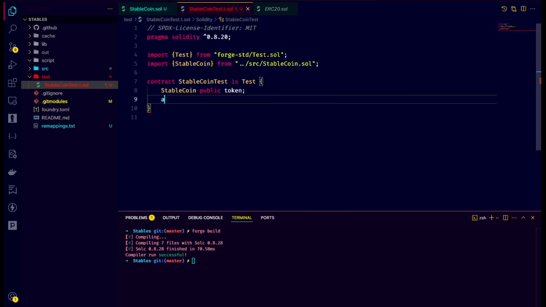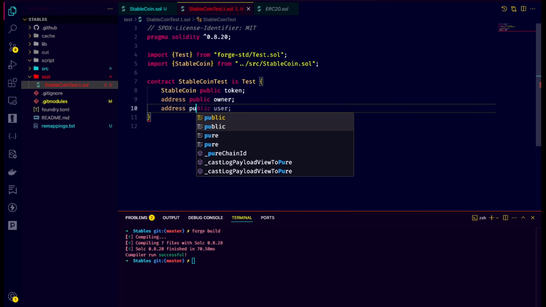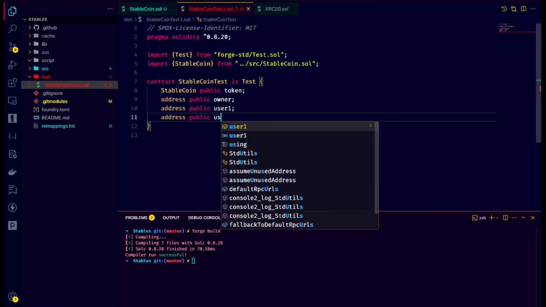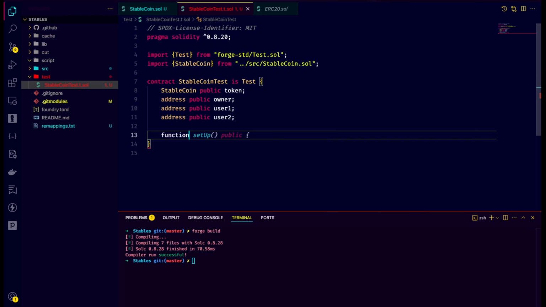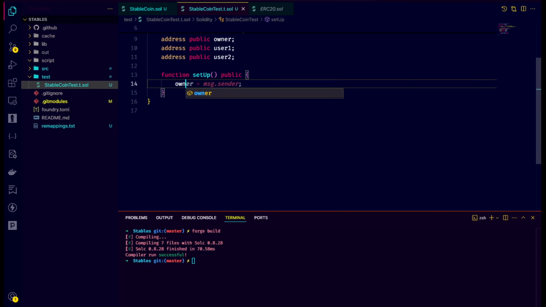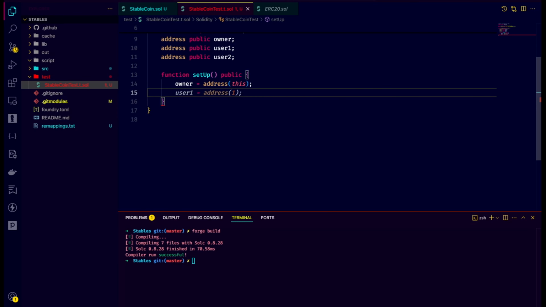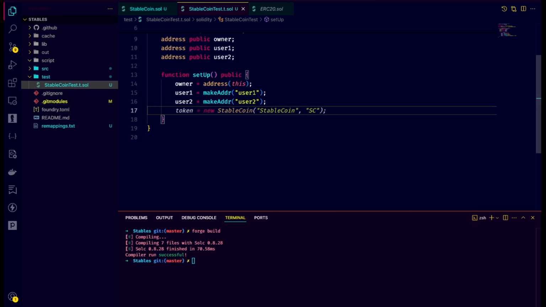We need to create an address public owner, address public, let's say user1, address public, let's say user2, and let's set up our function, setUp, public, and inside that let's initialize our variables. Owner is equal to address(this), user1 equal to, let's use Foundry's makeAddr, which is coming from Foundry, and let's name it "user1" here. user2 is equal to makeAddr("user2") thanks to Copilot, and token is equal, thanks to Copilot,